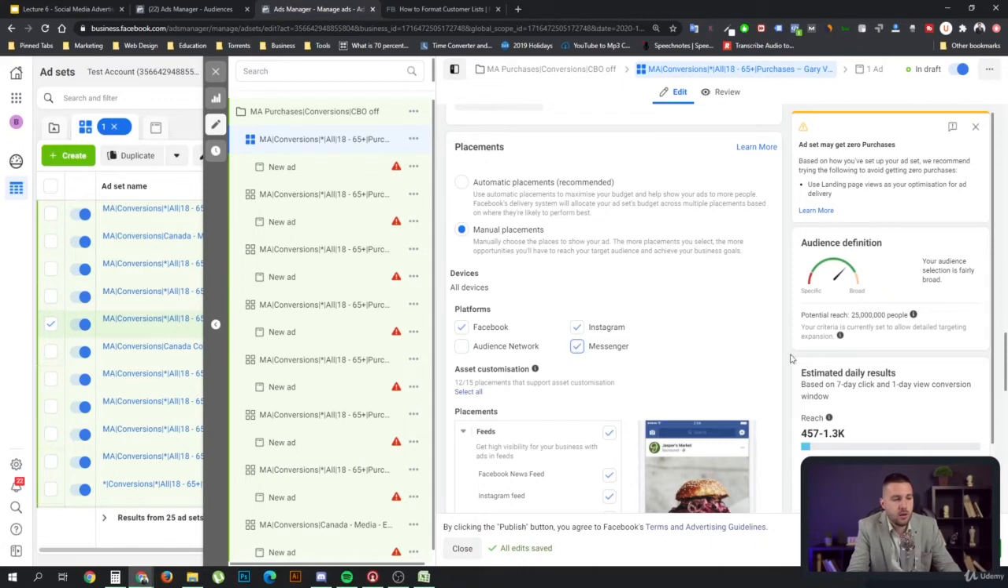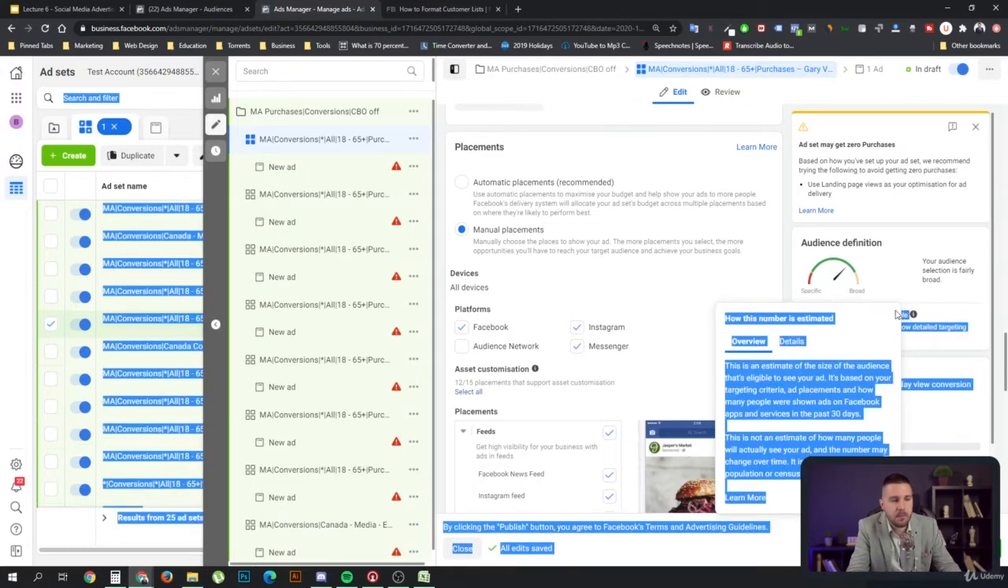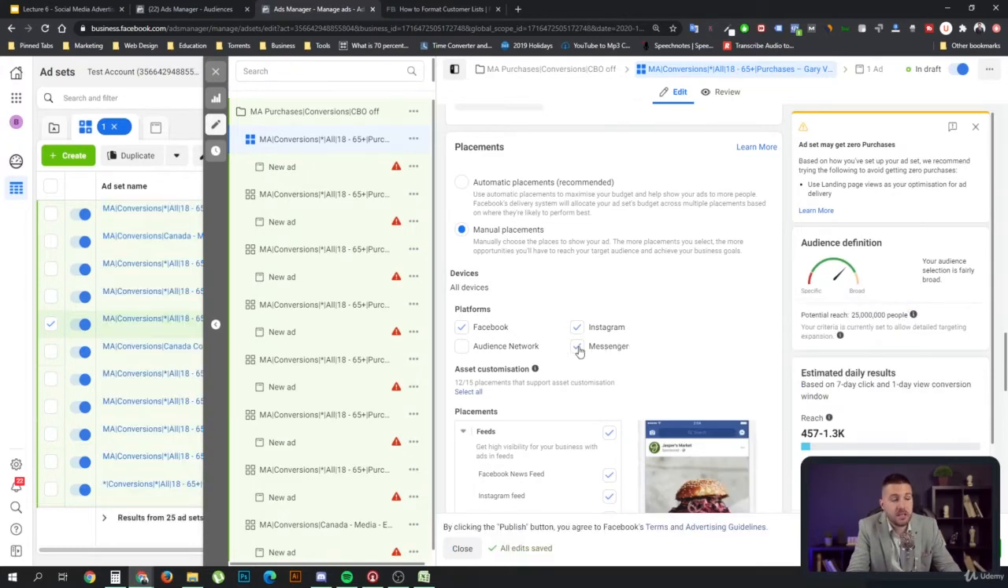And Messenger is also quite small. So you're pretty much reaching the same people, but you are reaching them in different places. So if you can reach people on Facebook and Instagram, Messenger is just not going to change your reach. It's actually, as you can see, going to reduce it because Messenger ads are a little bit more expensive